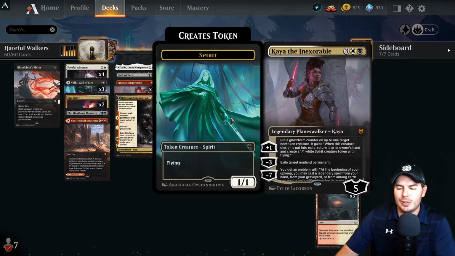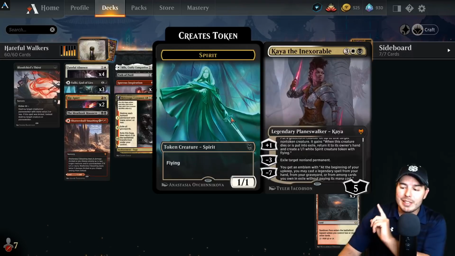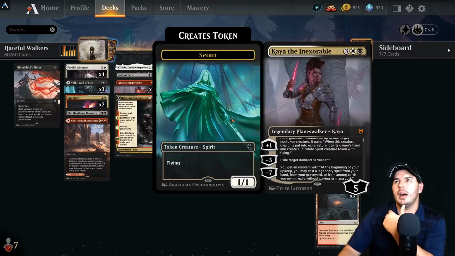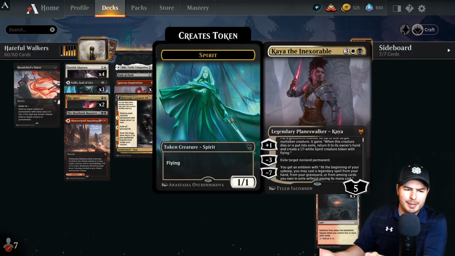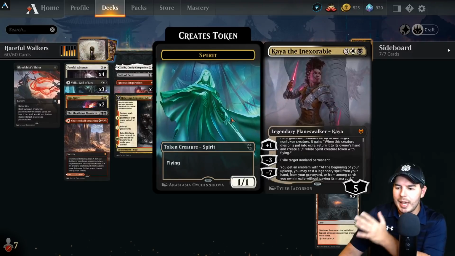Kaya the Inexorable is also a really good card, with a -3 that exiles target permanent. The real main reason I'm playing this is because of the -7, which I have been able to get to, or people have scooped, about 3 times in the last 6 games I've played. This is something that's actually happening fairly consistently for this deck, getting to the ultimate,